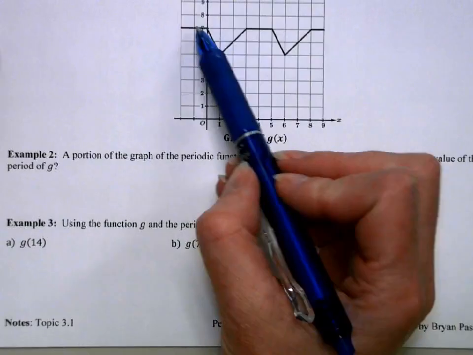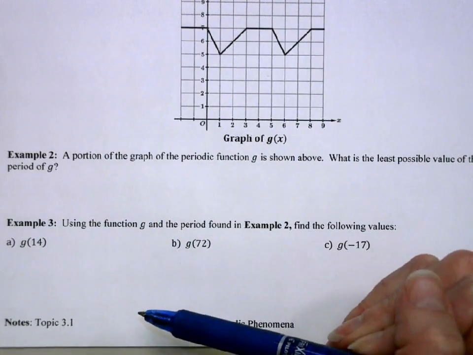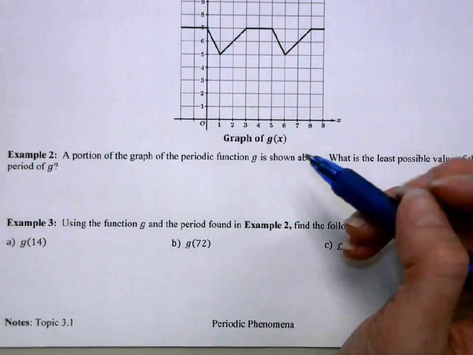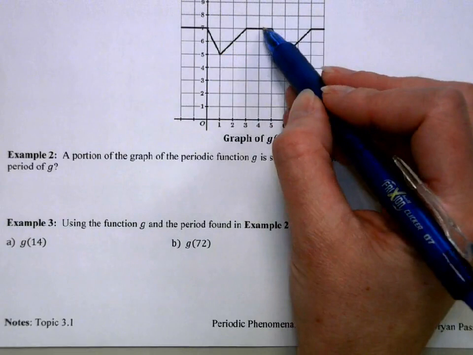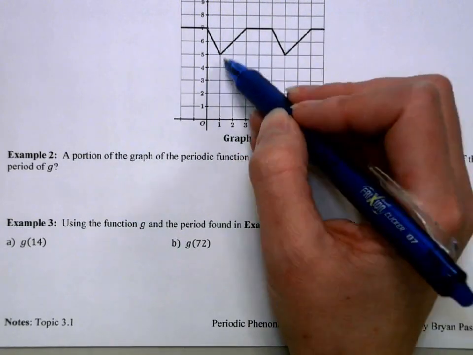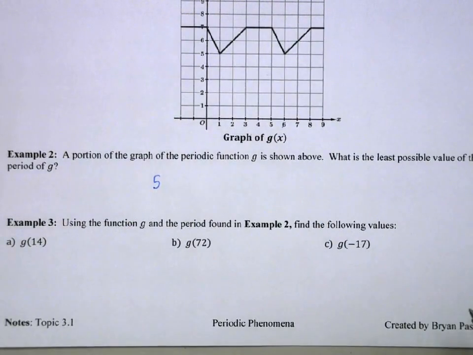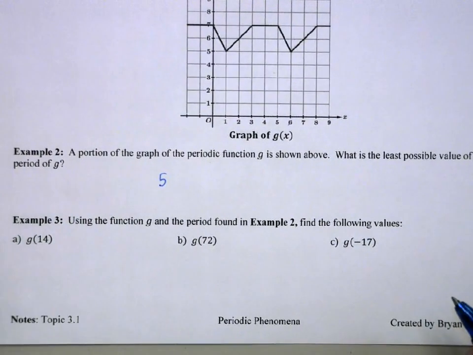Okay, we have another graph that is repeating itself. And it says, what is the least possible period? Well, I see a distinct pattern here that starts to repeat itself after this point. So from 1 to 6, which would make this have a period of 5. And then we can use that to find values that aren't even on the graph. If we have a period of 5,